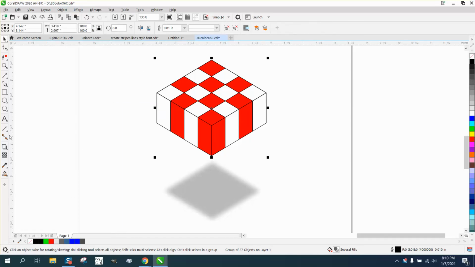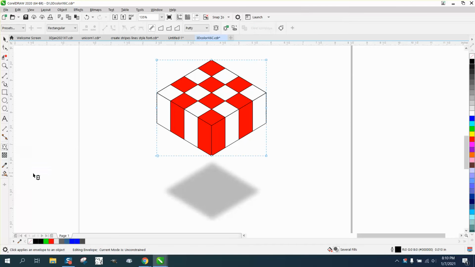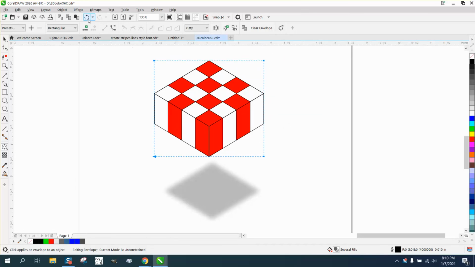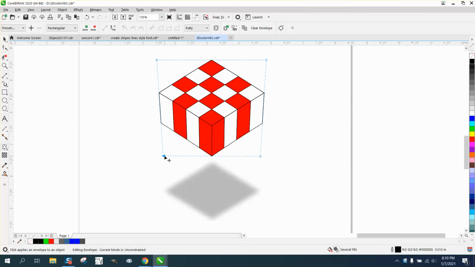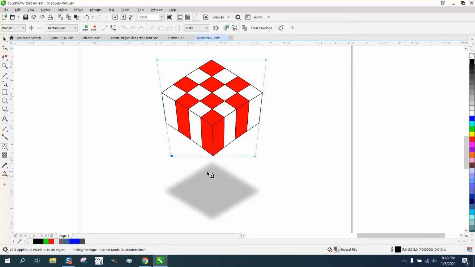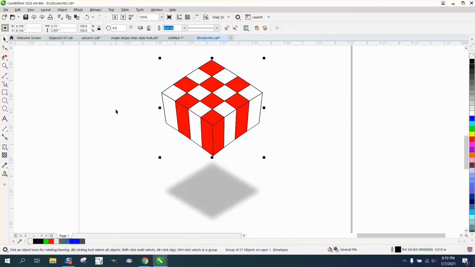and we could get the envelope tool and take away all the center ones. So just hit delete and then grab all these and right click and turn them into a line. And then you could actually, well, not with all of them selected, but with one of them selected, you could bring this in a little bit, and it's going to make it a little bit more realistic looking. You can go too far, like I think I've almost gone too far there, but it makes it a little more realistic looking. Now, the other thing I forgot to do, and it's pretty neat, would be to take these